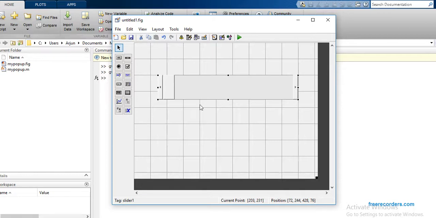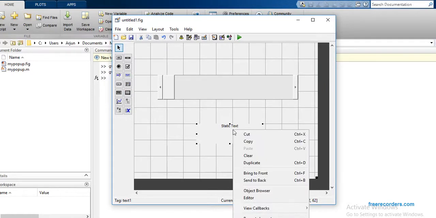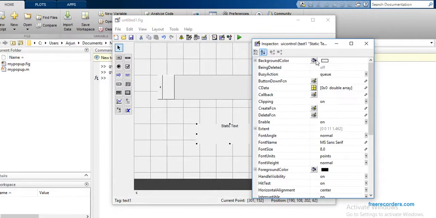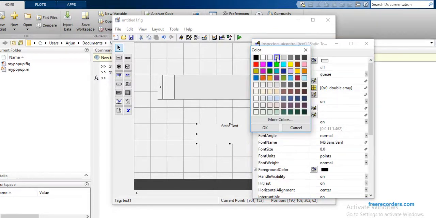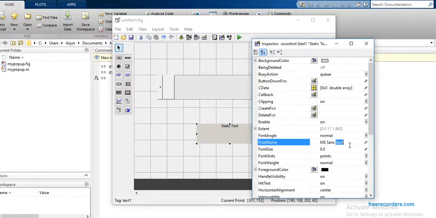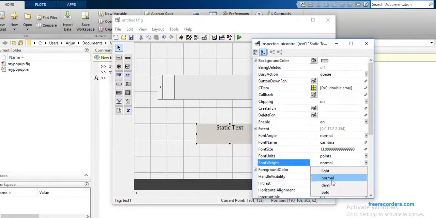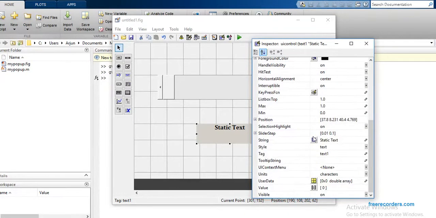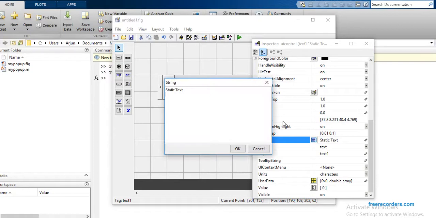Now just take one static text and place it over here. Right click on the static text and open Property Inspector, convert the color, just take any color, convert the font name to Cambria, and the font size from 8 to 14, and bold, and just make the string blank.